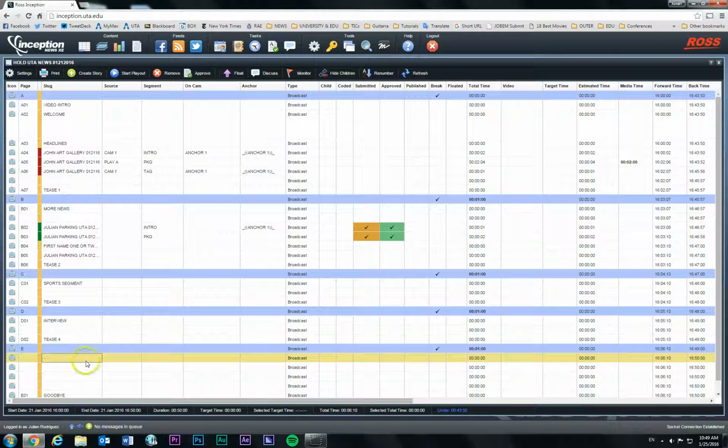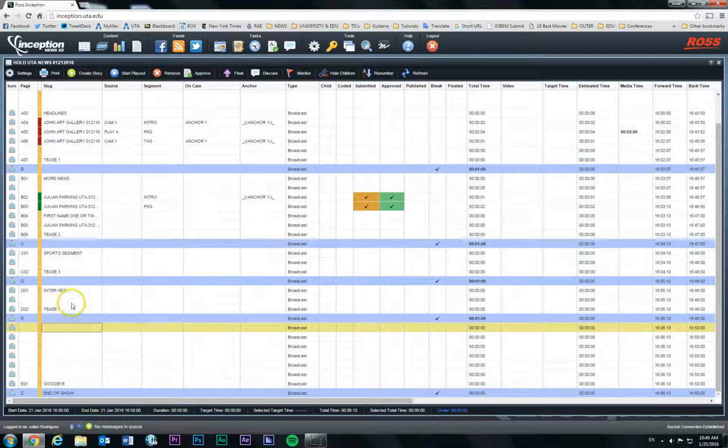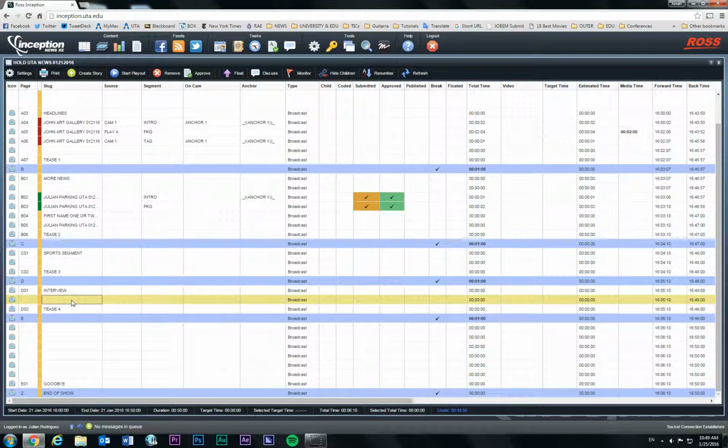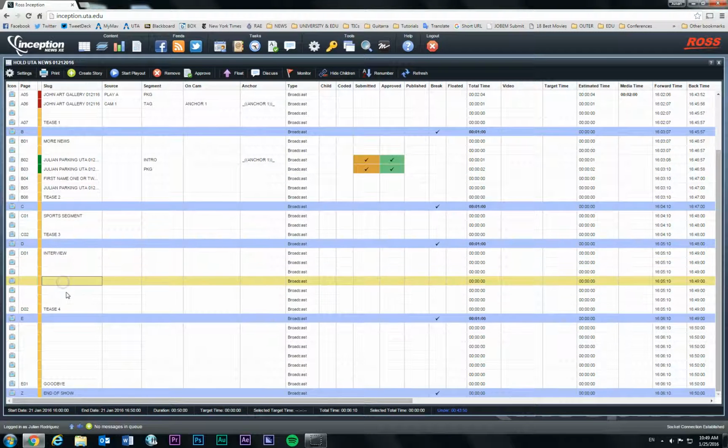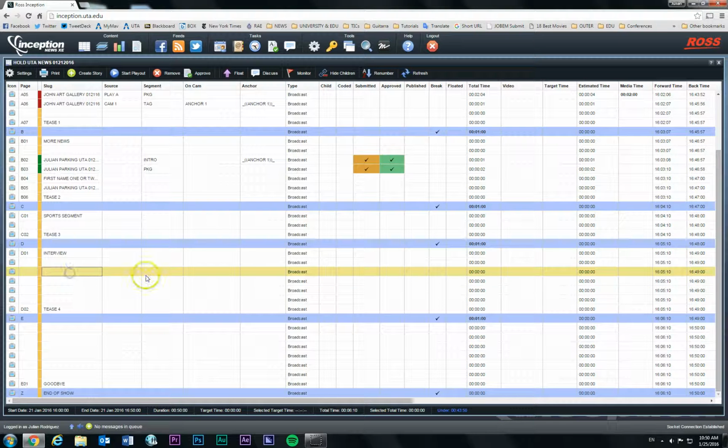You can also press Control I, and that's going to create an insert. It's going to create a bunch of stories. So whenever you create these stories, you take one that is empty and you make it yours. So let's say we're going to call this one